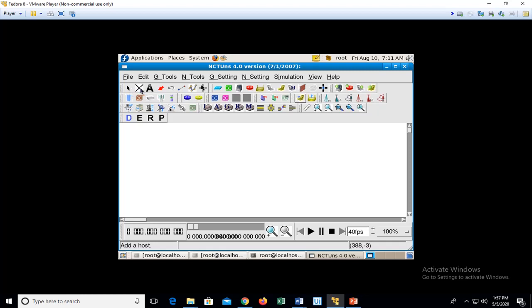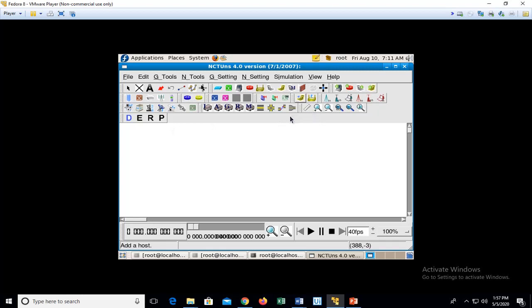Select, delete, create a label, the hub, switch, host, router, access point, then subnet host. These are just a few things we'll be going through. Then create a point-to-point link. Apart from these, there are a few other buttons that we had seen in the previous class: draw topology, edit property, run simulation, and playback.